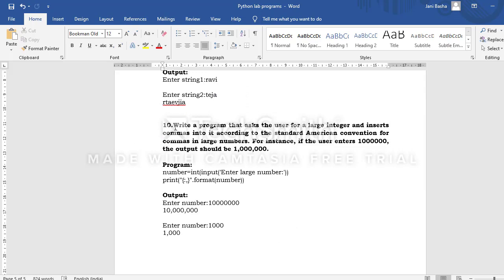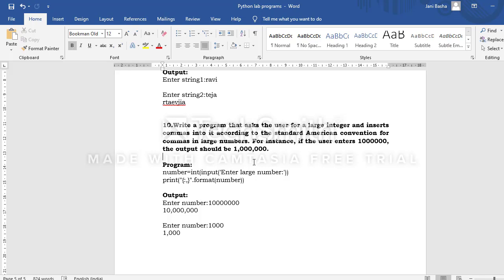Next, the last program for this session is program 10. It's a very simple program. Generally, when we enter a number, it should appear like rupees, that is, with commas in between. Suppose this is the number we have entered, 1 lakh. How that 1 lakh is represented is with a comma. After 1 there should be a comma, then again 3 numbers, then again a comma, then again 3 numbers. This is what we call the thousands place. After the thousands place, the comma should come.